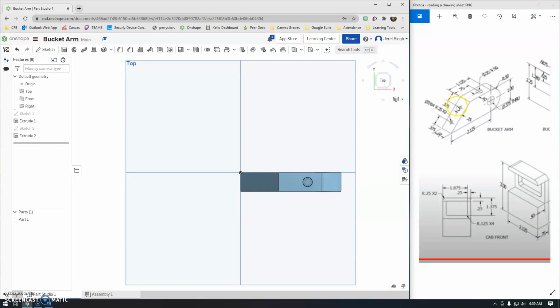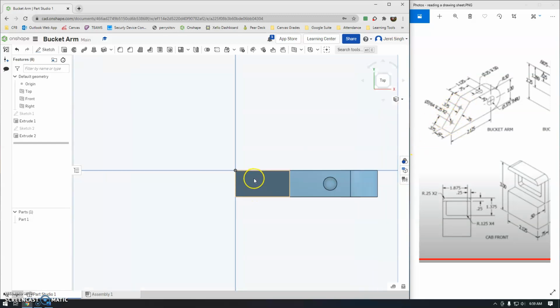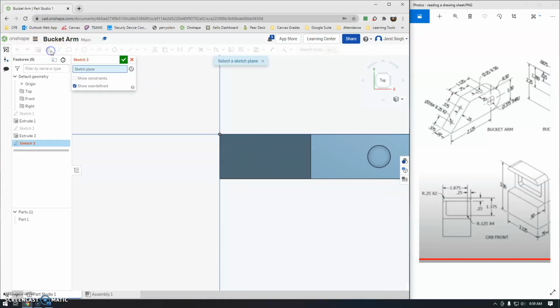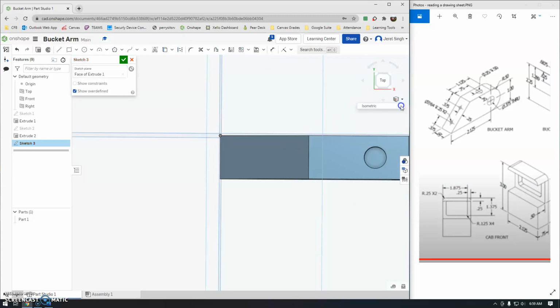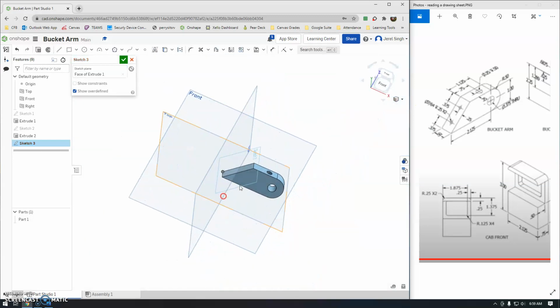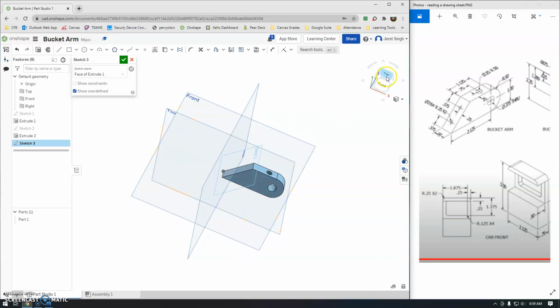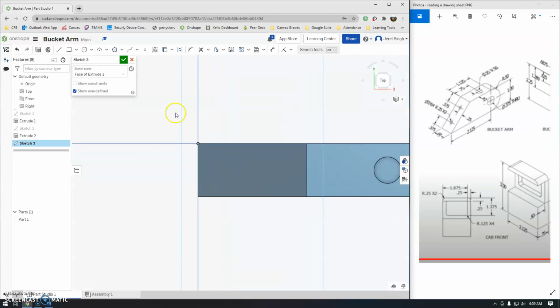All right, our next step here is these 2 smaller circles, which we're going to follow basically the same strategy in that we're going to sketch and select this diagonal plane. I do want to zoom out for a second just to show you that sketch is directly in line with that diagonal plane. All right, so now we're going to put our 2 circles here. Center point circle, and I'm going to use the